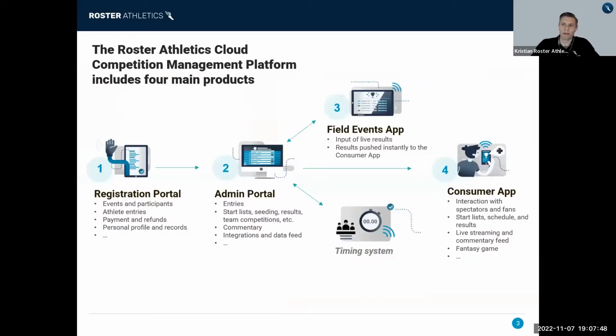The platform as it looks today, as said, consists of 4 different elements. So we have the registration portal, admin portal, a field event app, and a consumer app. And if we're